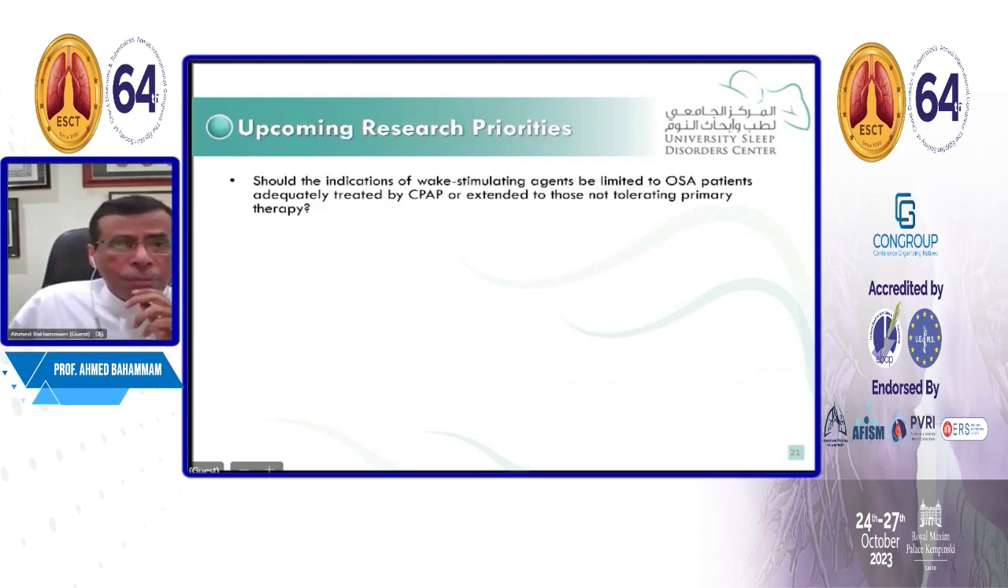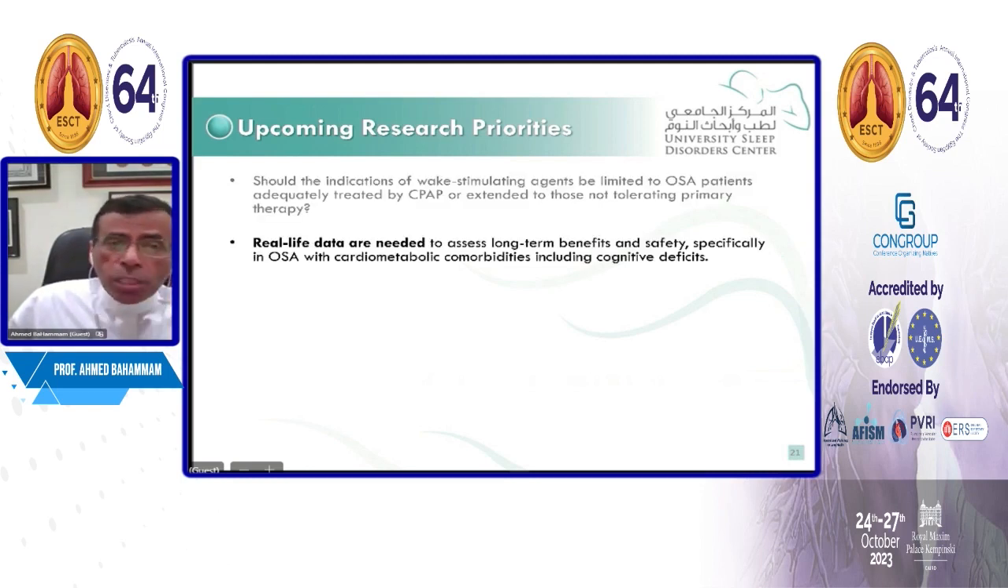What about the upcoming research agenda for the future? It's important to look for indications for wake-promoting agents, in what group of patients we want to use them, and what are the parameters to define it. We need also real-life data because all data we have are coming from randomized controlled trials. We need now big data from big registries to see, after a few years of using wake-promoting agents for patients with residual sleepiness among patients with sleep apnea, what are the effects, what are the cardiovascular and metabolic complications